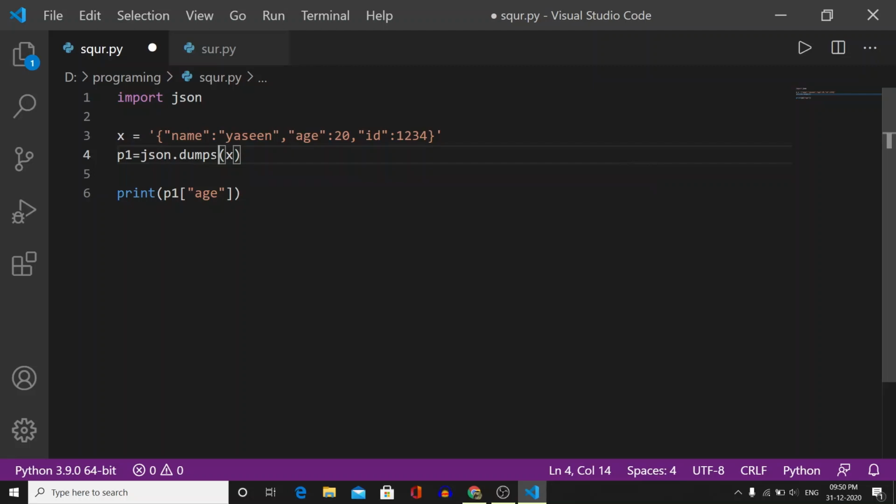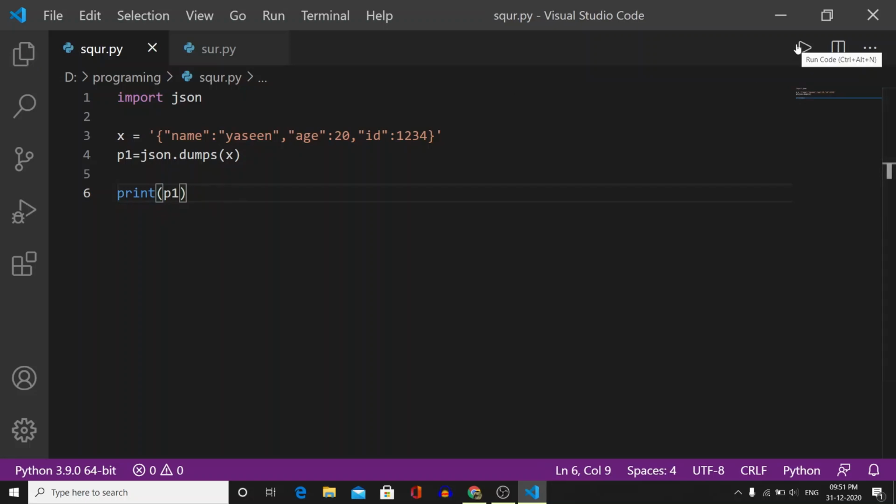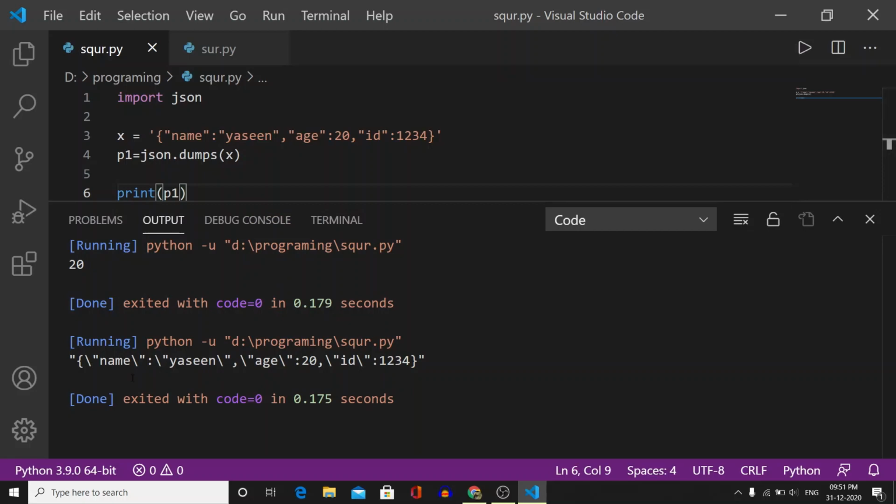Dump is going to dump all the dataset values. I will show it in just a minute, press Ctrl+S and run. So as you can see, the dump function is going to print out the entire dataset with all its content.